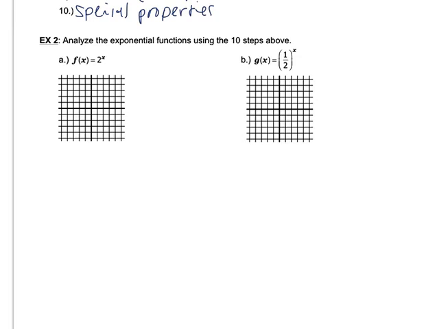It looks like it crosses the y-axis at 1, which we will include when we analyze it, so we can get an accurate graph there. It also contains the point 1, 2: 2 raised to the first power is 2, 2 raised to the second power is 4. So you can even just plug a few points in yourself for a function as simple as that, and then just draw the basic curve there. Okay,